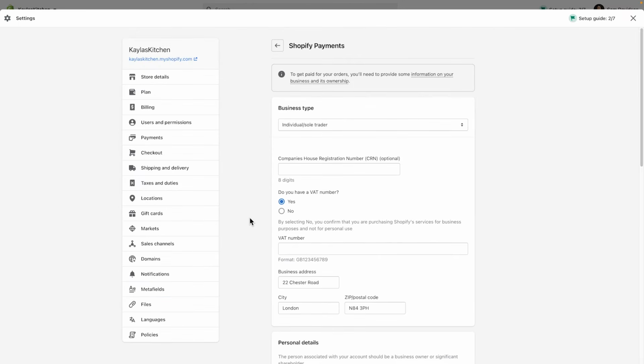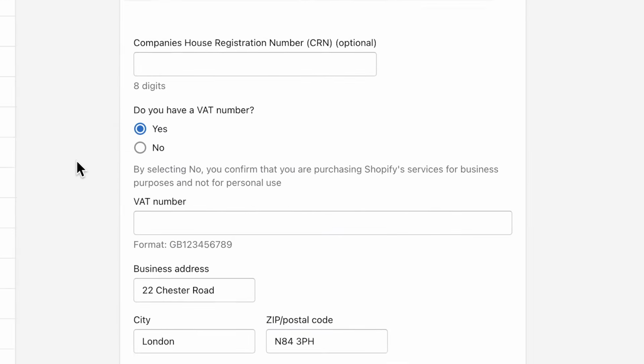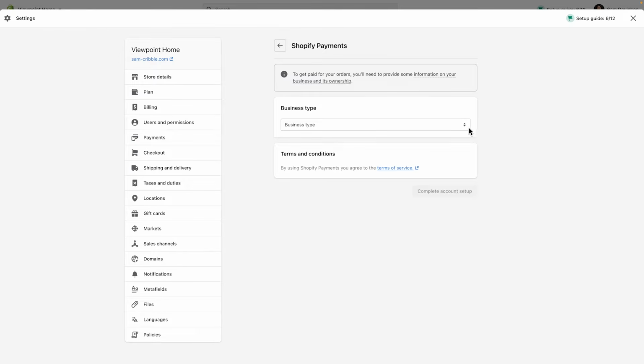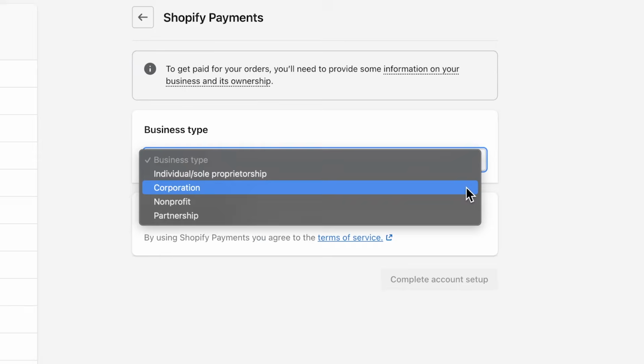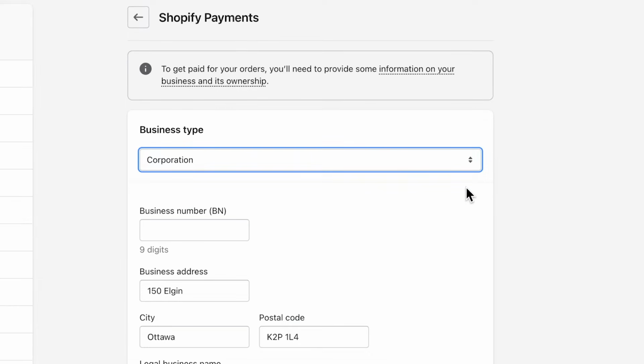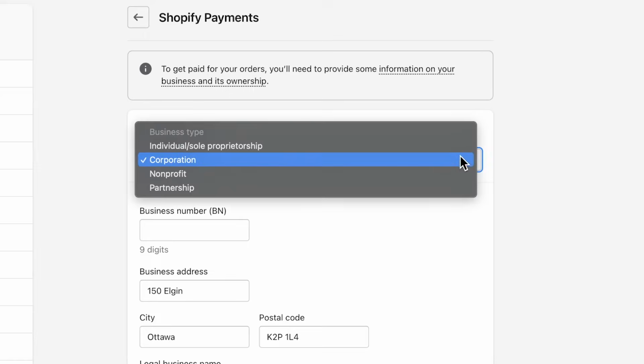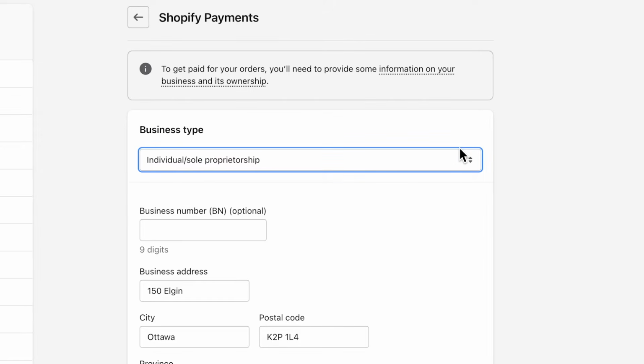If your store is located in Europe, you'll need to provide a value-added tax number or indicate that you don't have one. When setting up Shopify Payments, you'll need to choose your type of business. If you're a corporation, you can provide your business number, EIN, or taxpayer identification number for your business. If you're a sole proprietor and don't have one of these numbers, you can submit your social insurance number or